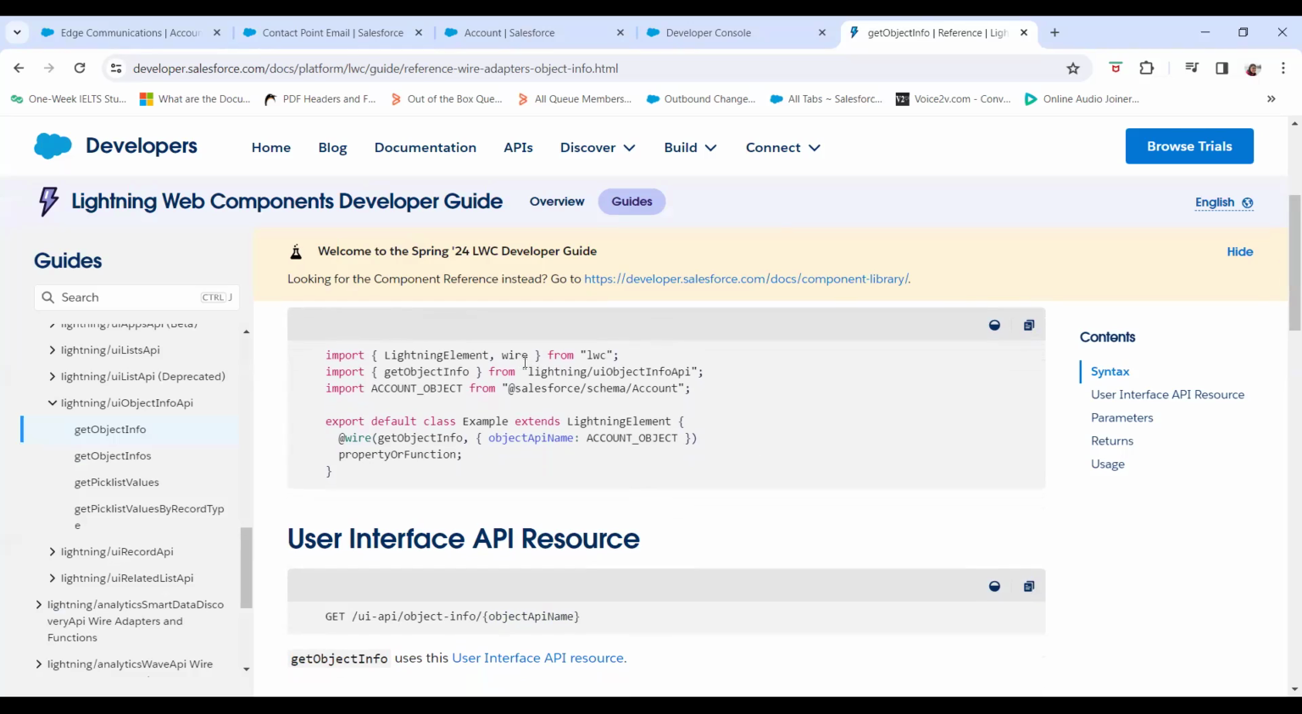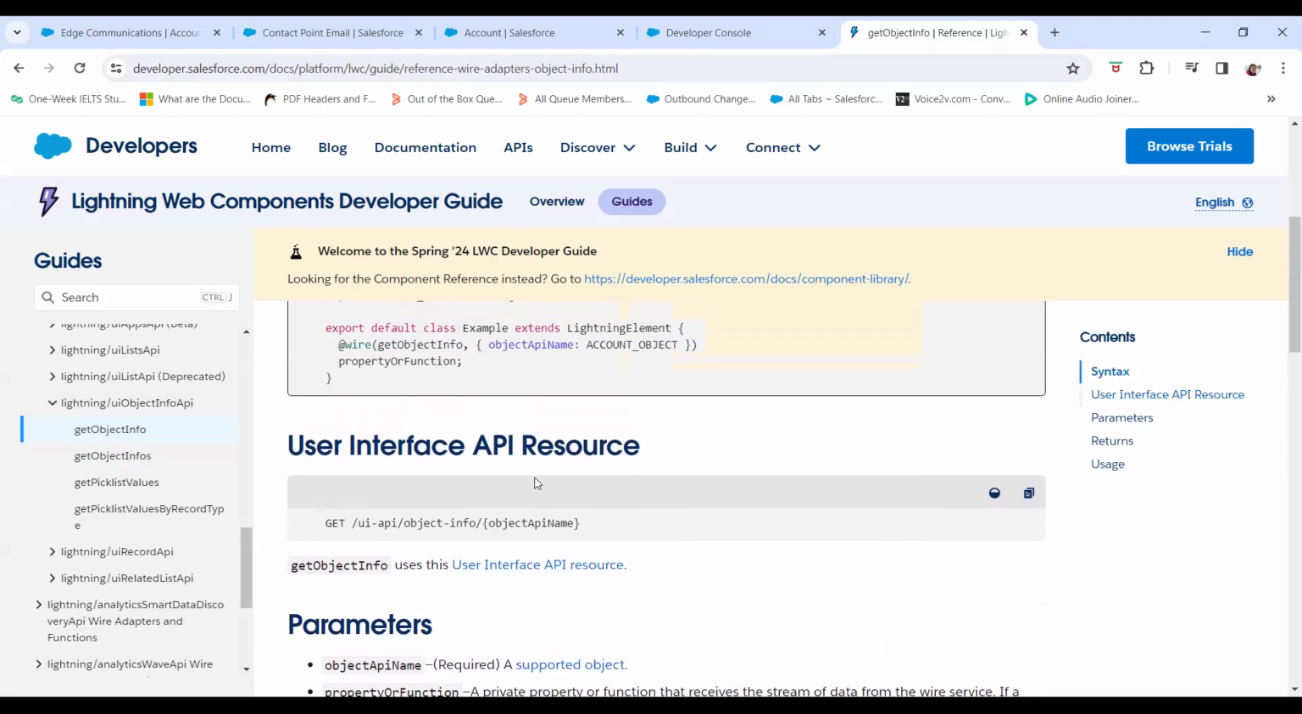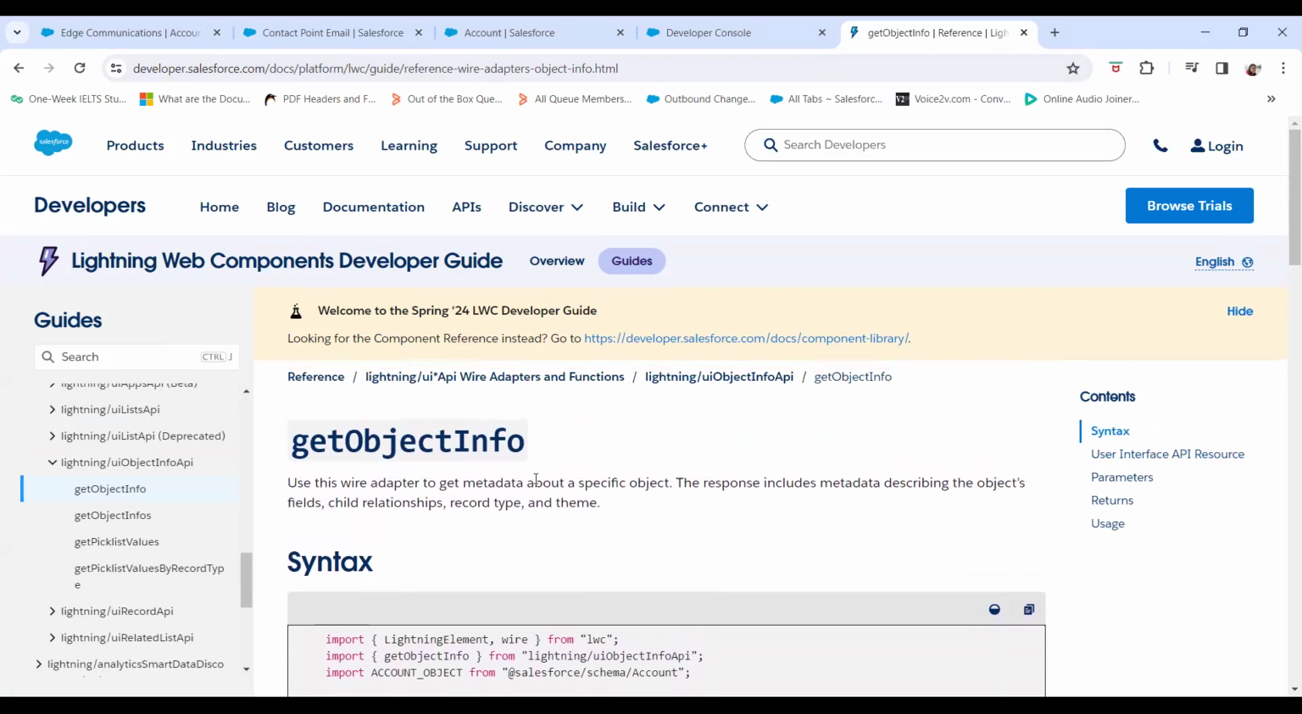For doing this, we need wire. So I've come here to the developer.salesforce.com documentation, and over here I have searched for the Lightning UI Object Info API. Within that we have getObjectInfo, getPicklistValues and all that. I'll be showing as we proceed. But for now, this getObjectInfo that you see is required for us in order to get the default